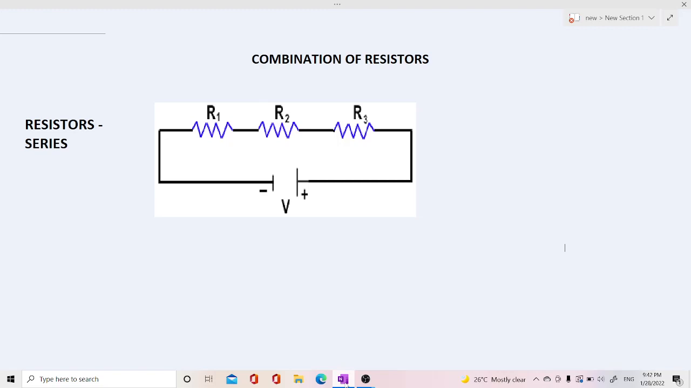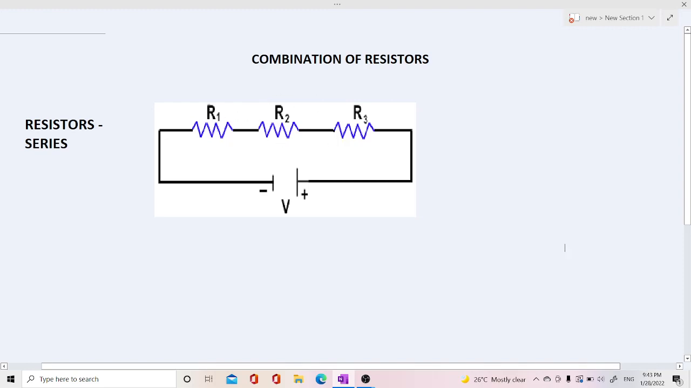As you know, we can connect resistors in two methods. That is, first one is series connection and the second one is parallel connection. And we will look into detail. In combination of resistors, that is in series connection, you can see here in this picture three resistors are connected